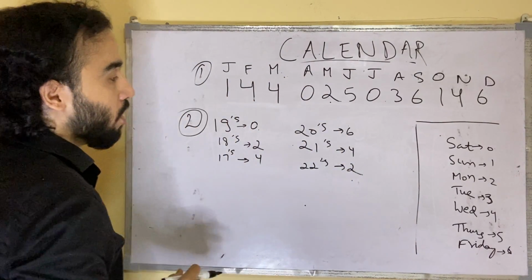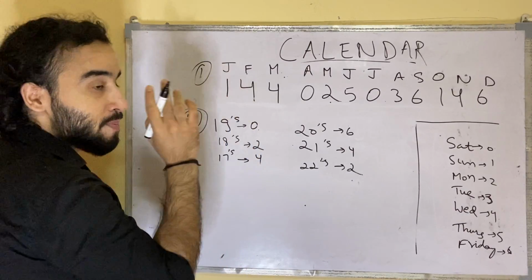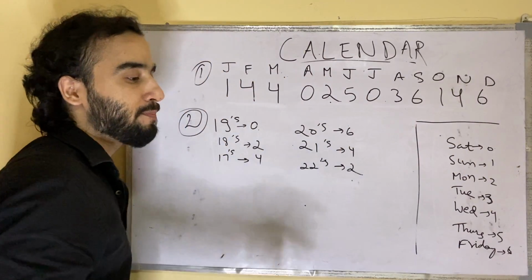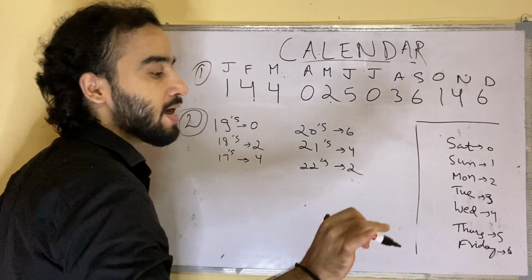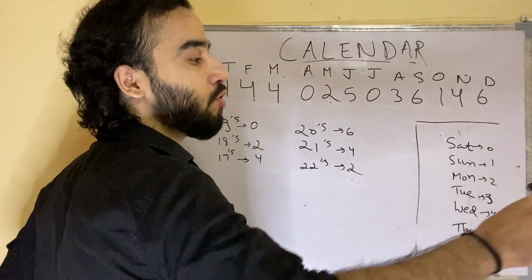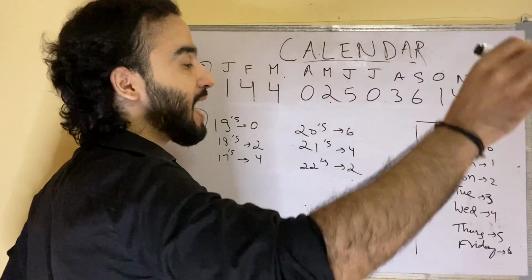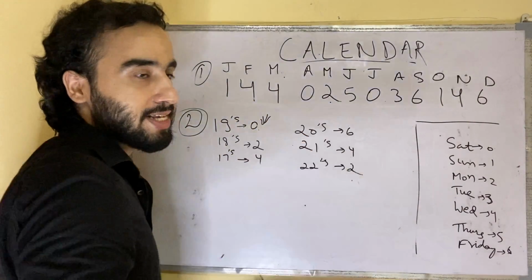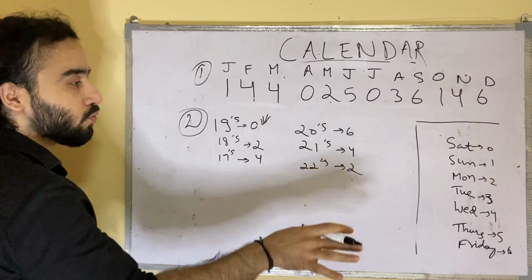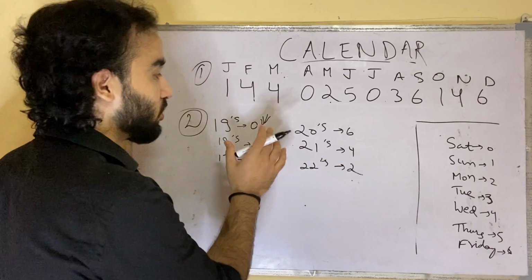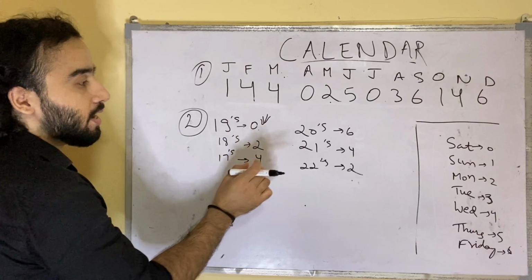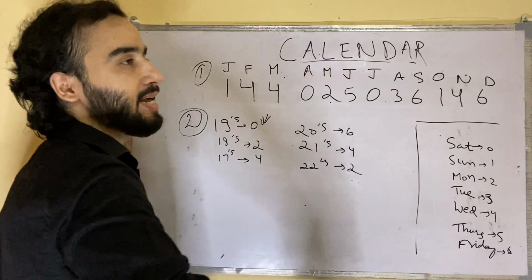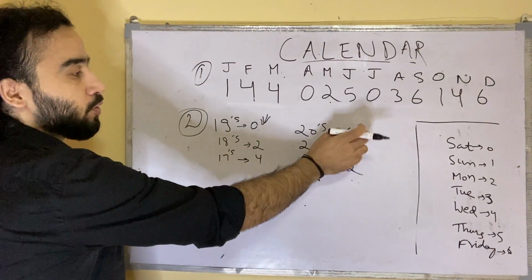This is the second. We have to remember if the date is in the 1900s, for example 1950 or 1960 or 1910 or 1908 or 1999, then we are going to add 0. In the further slide, I'm going to tell you how we are going to do it. First of all, you learn this. The 1900s get 0, the 2000s get 6, like 2001, 2002 or 2019, 2050. Okay, we are going to put 6.